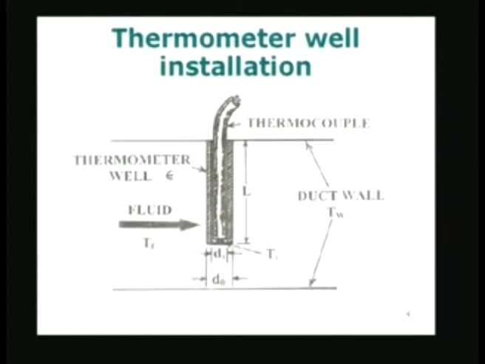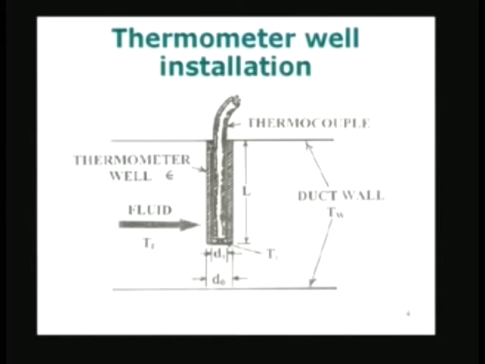Many times what happens is that we do not want to have a direct contact between the thermal sensor, a thermocouple, or any other temperature sensor and the fluid which is flowing inside. A typical example could be a tube or a pipe carrying steam at high pressure. We would not like to have any direct contact between the steam and the thermocouple material. We would like to have no leakages whatsoever. Therefore, necessarily we will have to introduce what is called a thermometer well.